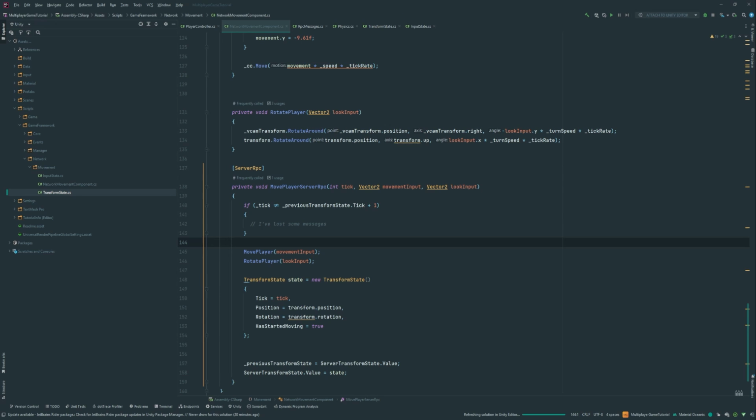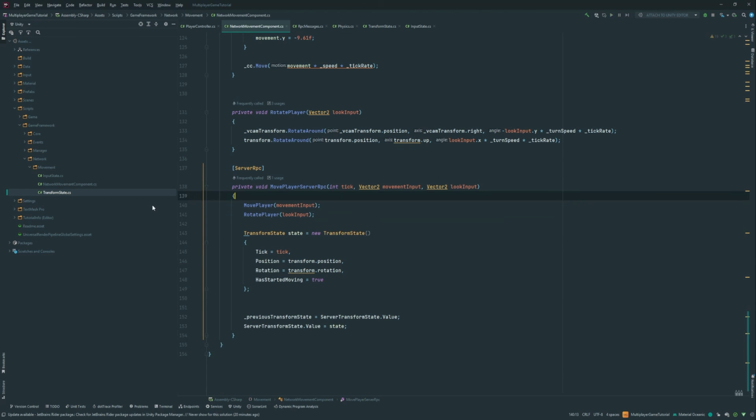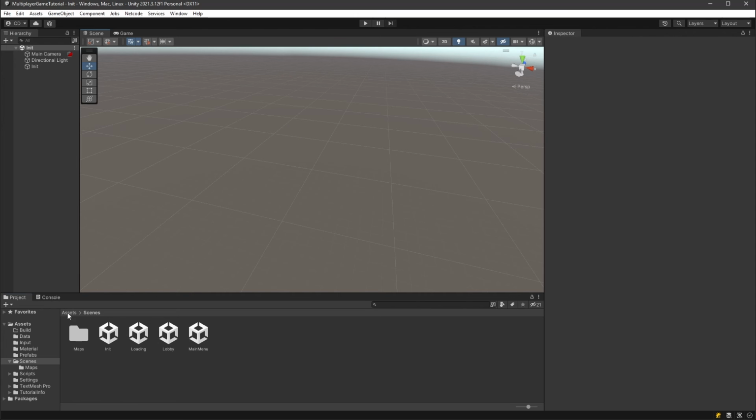Okay, so actually, we're gonna remove this part because it's causing issues right now, and we don't need it. It was just an example. So let's remove this thing, and then we're gonna move into Unity. We're gonna need to do a couple changes. So in the prefab of the player,